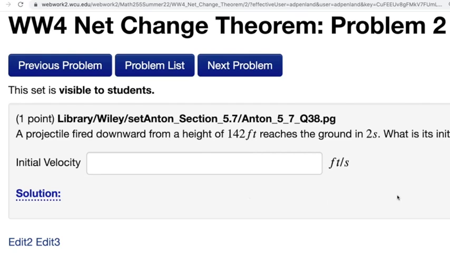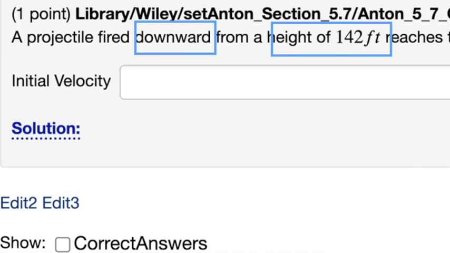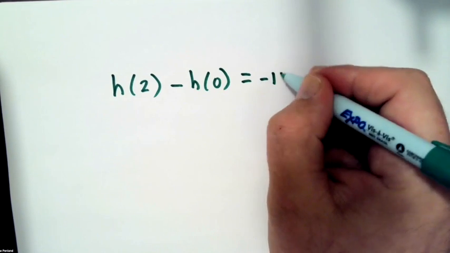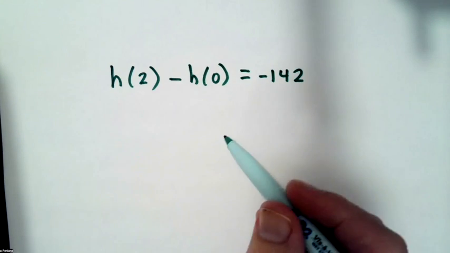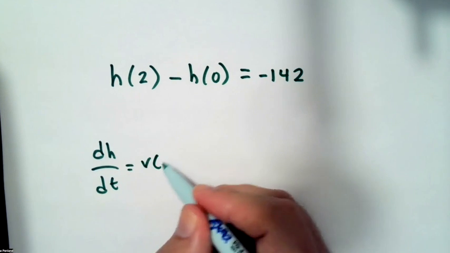Because this says net change theorem, you may have recognized that we're looking for the definite integral. The change in the height is 142 feet downward, and this occurs over an interval of 2 seconds. So I know that h of 2 minus h of 0 is equal to negative 142. The net change theorem says that because dh/dt is equal to v of t,